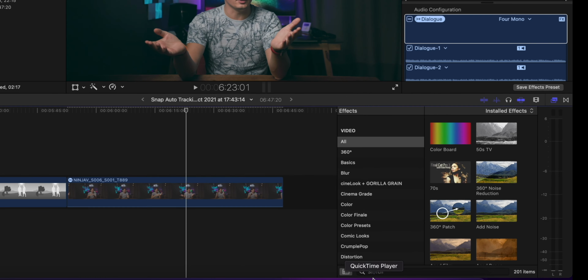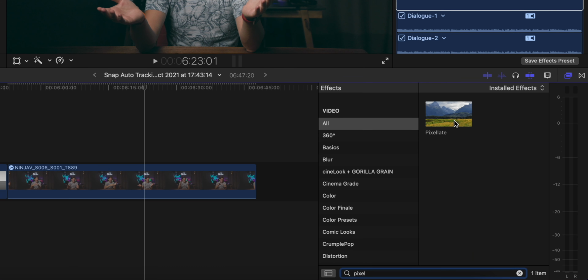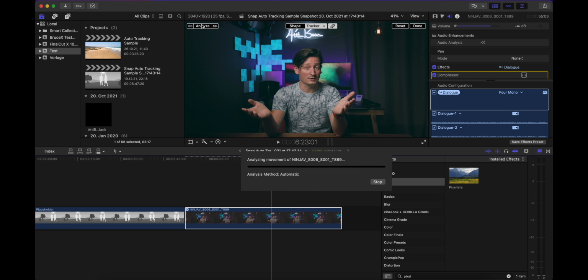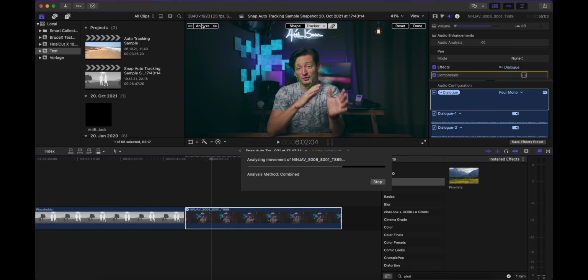For this, enter the effects browser, enter pixel, like pixelate, take it, drop it, and you see once it recognizes a face, it will automatically recommend doing face tracking, say both directions. So the auto tracking that you can see right here is happening in real time. I did not speed it up. However, I will not let you sit through it all the way, but I will show you in a moment how fast it is if you set it to machine learning only.